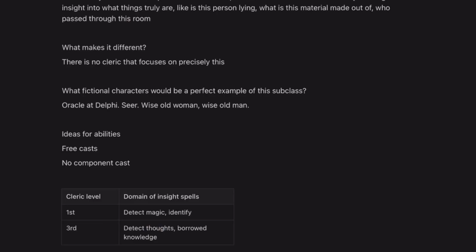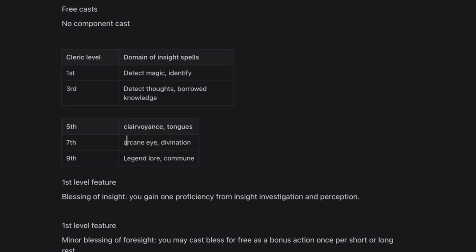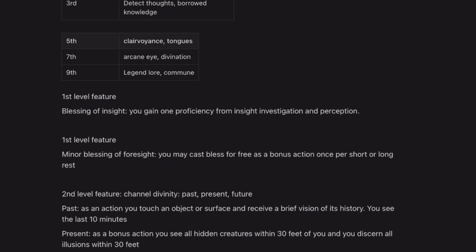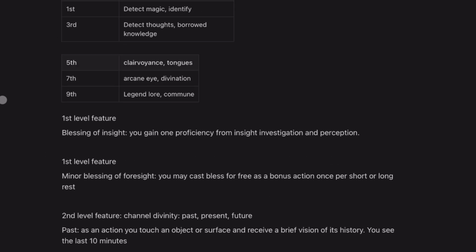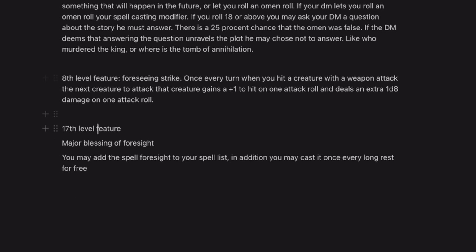And here's just a quick little insight into how I use these tips and tricks. I answered the question of what the fantasy is, and what fictional characters would be a perfect example for this subclass, and then I came up with a few ideas on what abilities I could give this class. Then I used the template for the cleric, so they get a first level feature, second level feature, 6th level feature, 8th level and 17th,